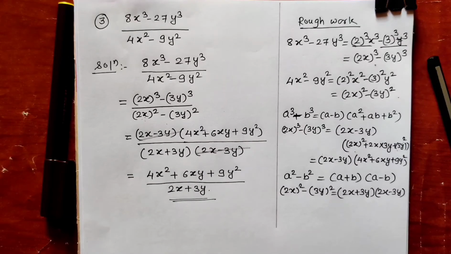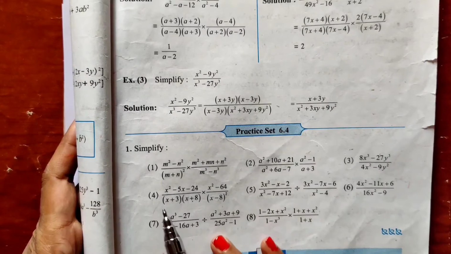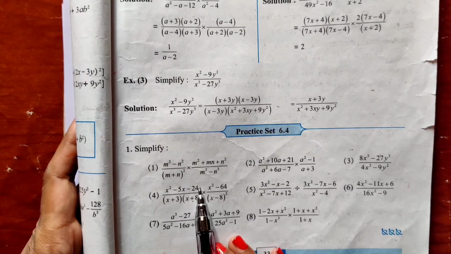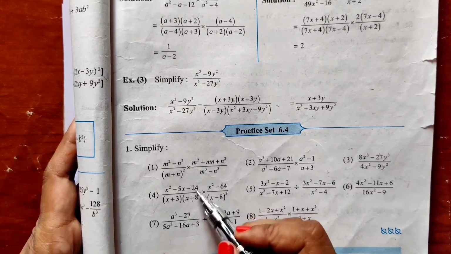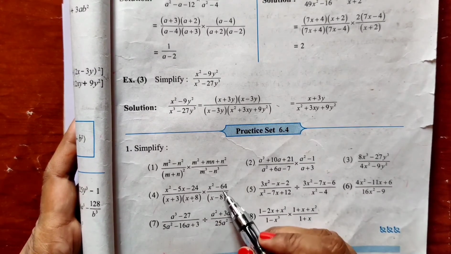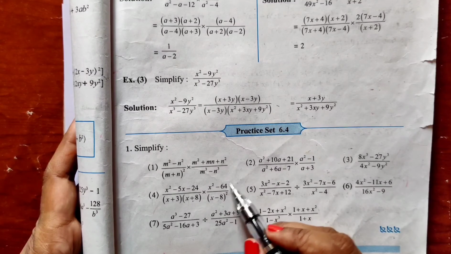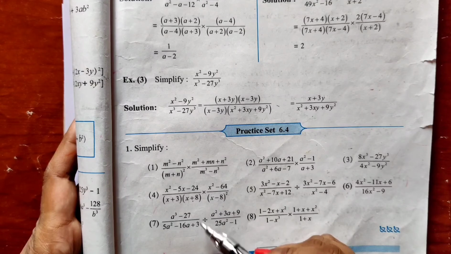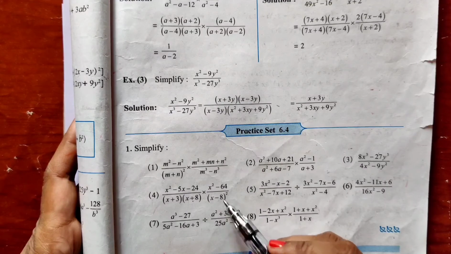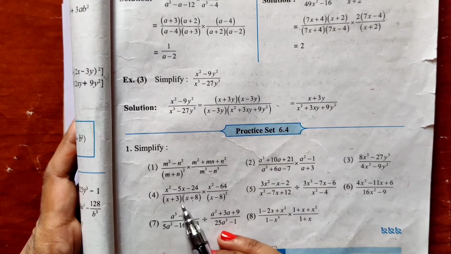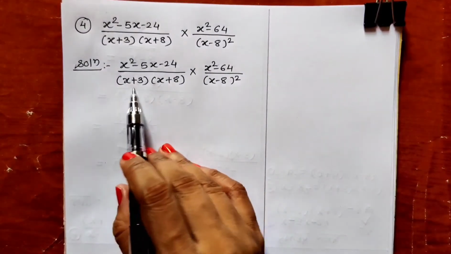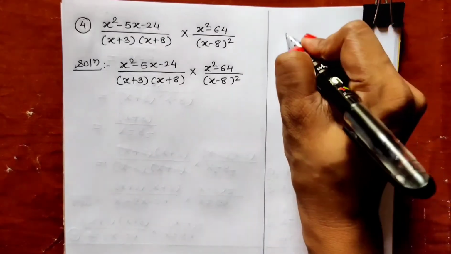Now let us go on to the next sum. Now let us see this fourth sum, x square minus 5x minus 24. This is a trinomial. This can be factorized by getting the two factors of the constant term whose subtraction should be the middle term. Here x square minus 64 is there. 64 can be written as 8 square. So the a square minus b square formula can be applied. Here in this bracket x minus 8 whole square. Bracket square is there, so the bracket can be written 2 times. Here we cannot do anything. We have to write these two brackets as they are. So let us see how to solve the sum. I have written the sum in the solution once again. Same. Now let us see in the rough work.